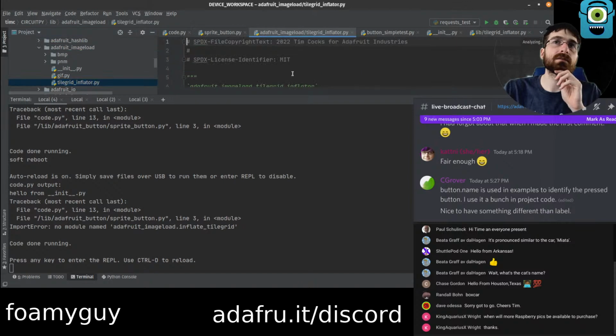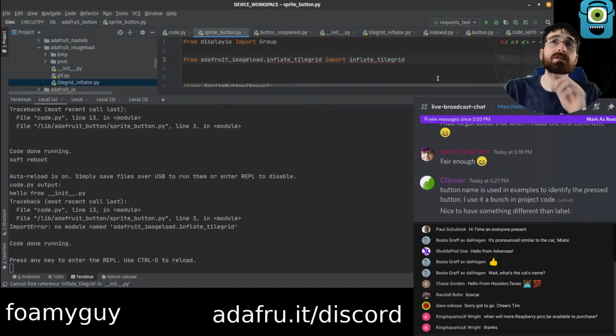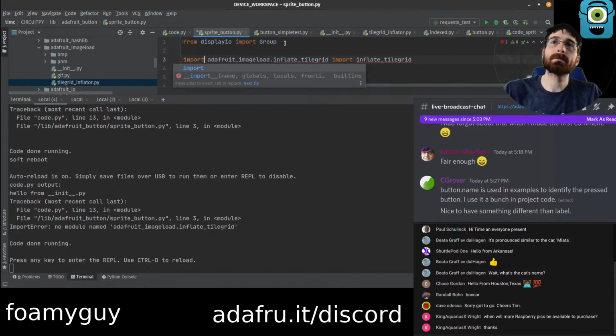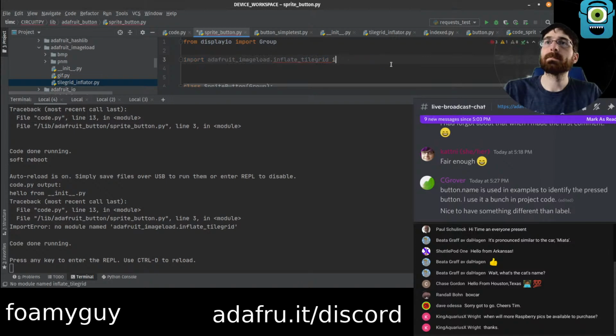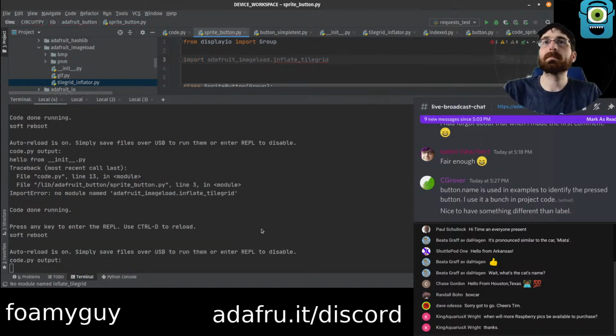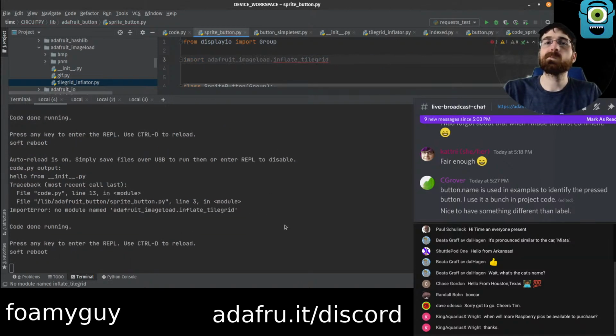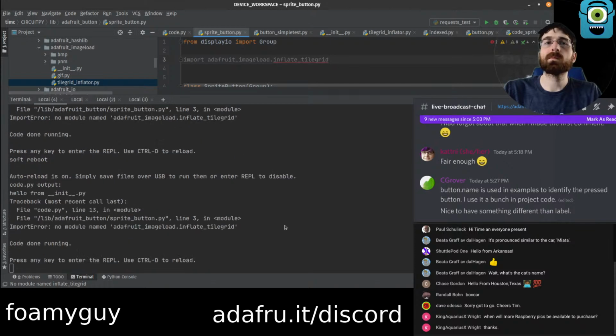Yeah. The right way to import a function. Module.